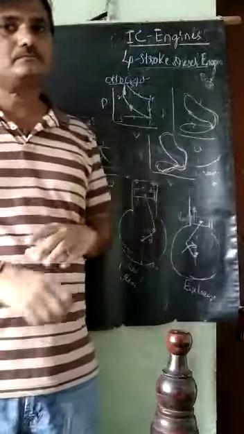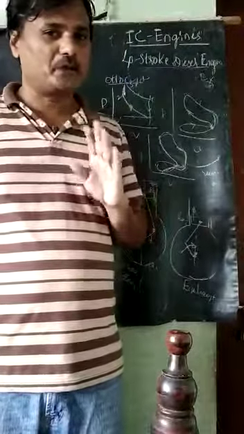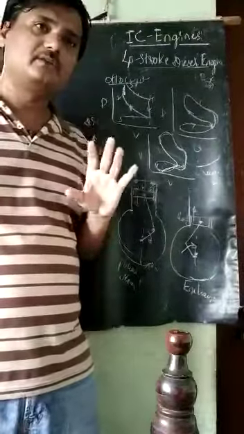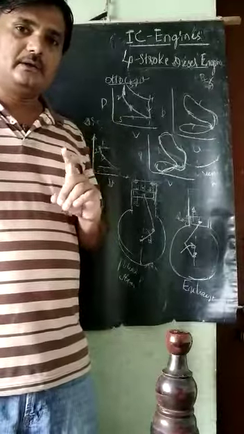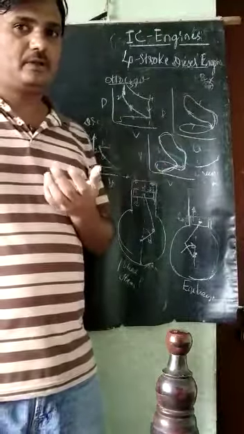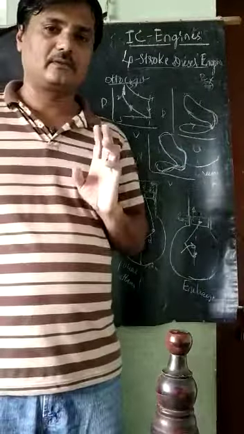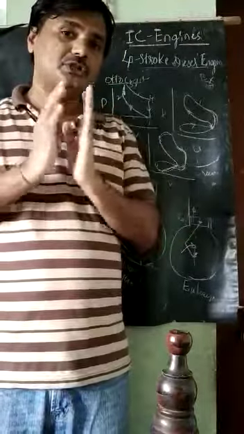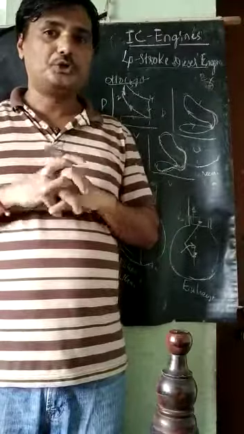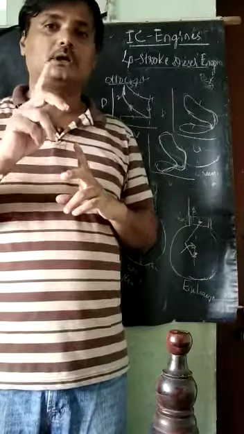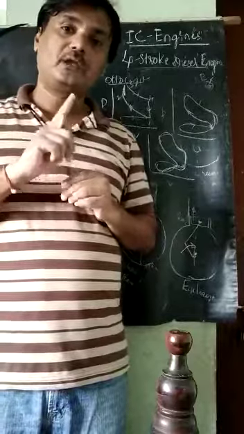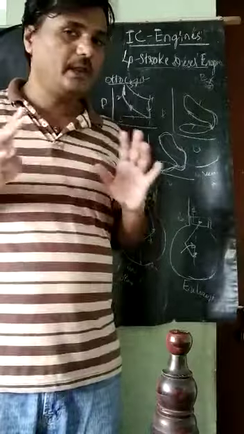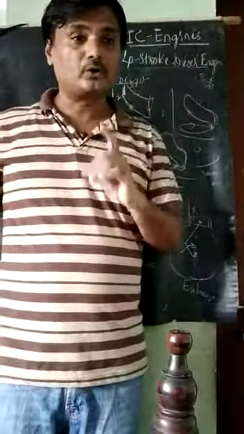This is about the 4-stroke petrol and 4-stroke diesel engines, how the working principle is taking place, and in terms of PV diagrams, ideal as well as real here in this case. In case of the diagrams, when we are explaining the position of valve opening and closing and showing the spark plug or the fuel injector, and explaining whether fuel and air are entering or only air is entering in case of petrol and diesel, that is very important when we are explaining 4-stroke petrol and 4-stroke diesel engines.